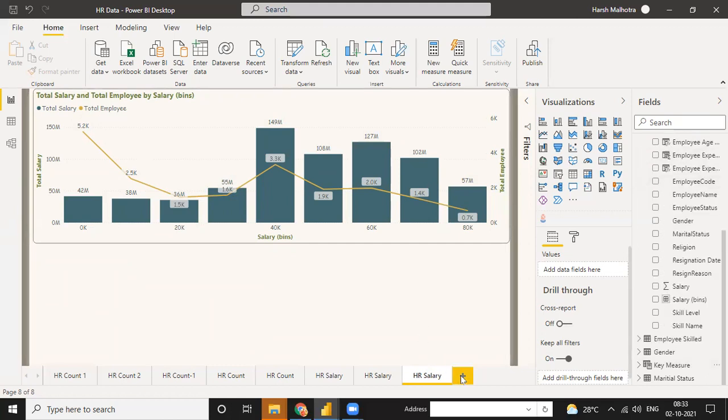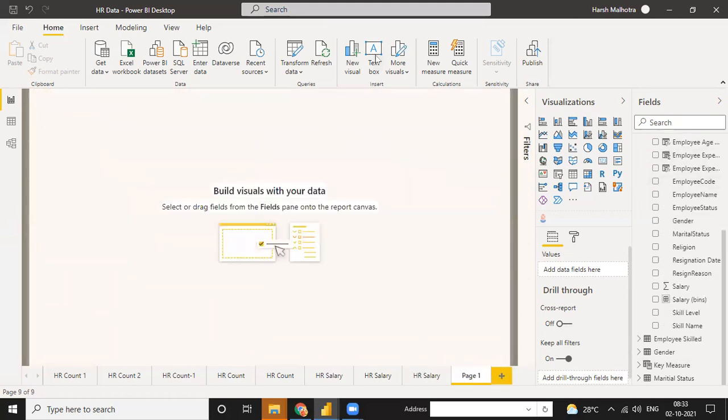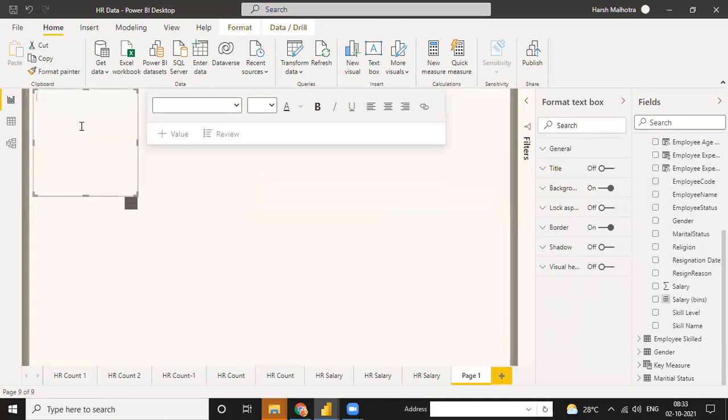Which three? I'm going to add three and add just a text box: male female ratio. Second is employee turnover ratio, because turnover is important.